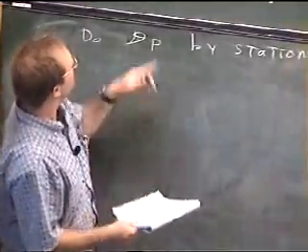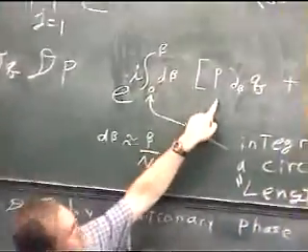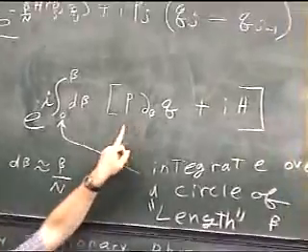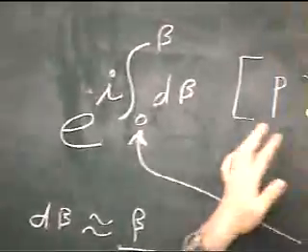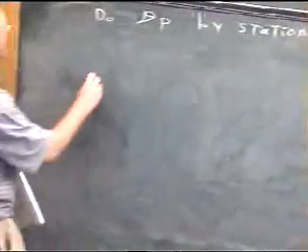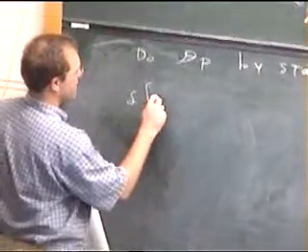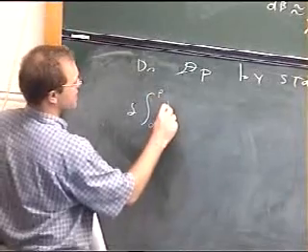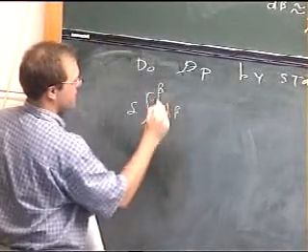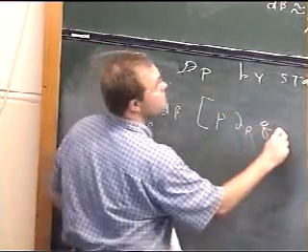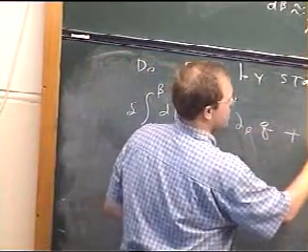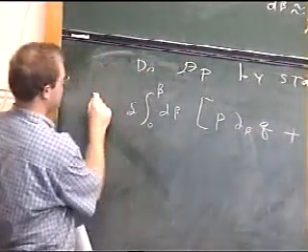So if I'm going to integrate over p, when is this thing stationary? Well, it's when the variation of this action-like quantity with respect to p vanishes. So let's look at the variation of that action, the variation of the integral from 0 to beta d beta of P d beta q plus ih. Okay, if this is going to vanish,